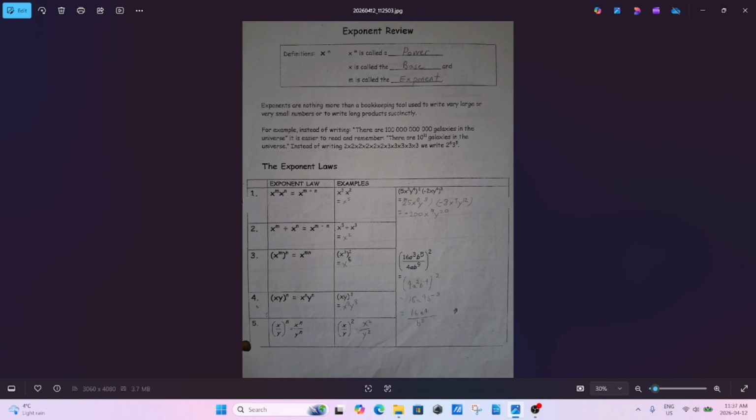Exponent review. Definition: x to the exponent m. X to the exponent m is called a power, x is called the base, and m is called the exponent. Exponents are nothing more than a bookkeeping tool used to write very large or very small numbers or to write long products succinctly. For example, instead of writing there are